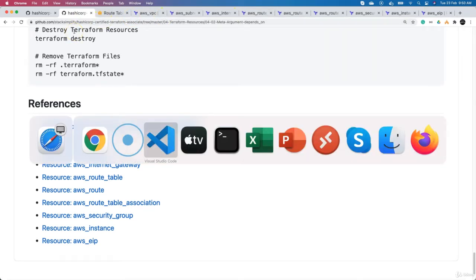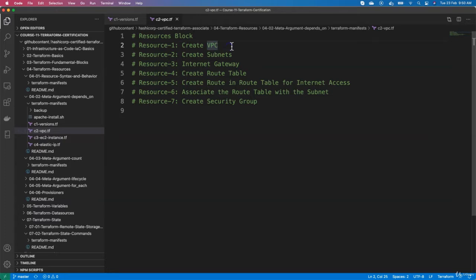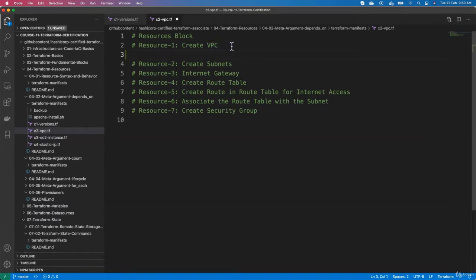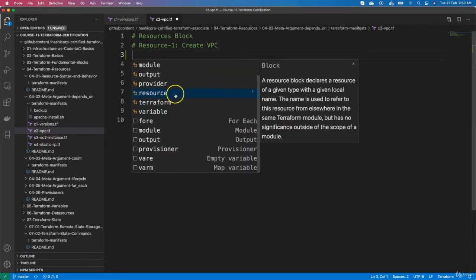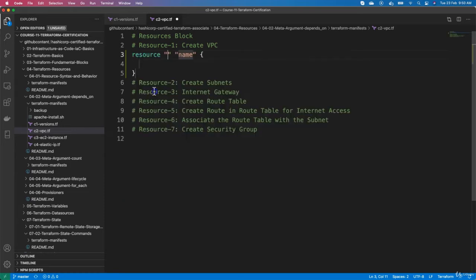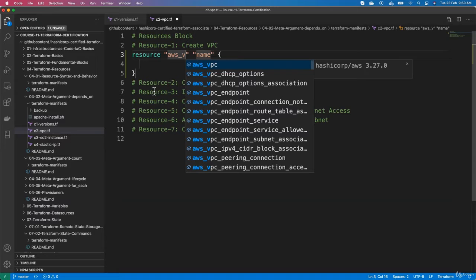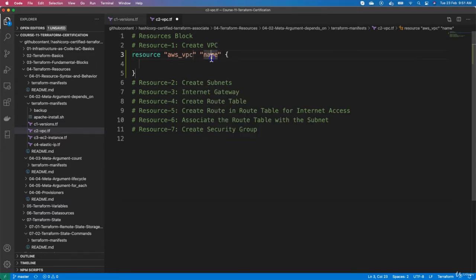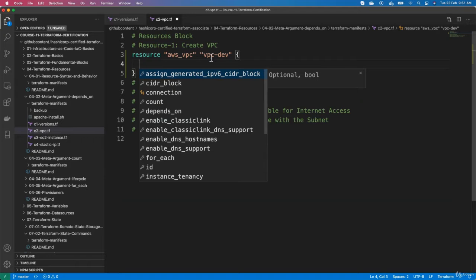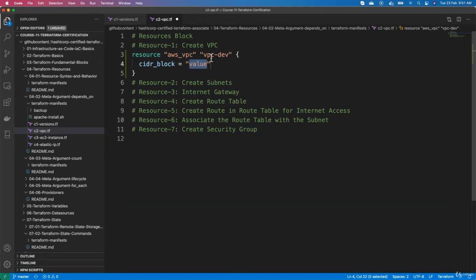So let's go back to our Visual Studio Code and start with our resource one, creating a VPC. So let's say command space or control space based on your environment, and then say resource. Okay, and our resource is going to be AWS_VPC. And for the local name of my VPC, I am going to just say VPC dev. And if we see, the important, the required attribute for any VPC is CIDR block. Okay, so I'll define the CIDR block as